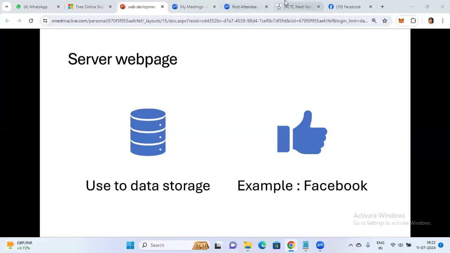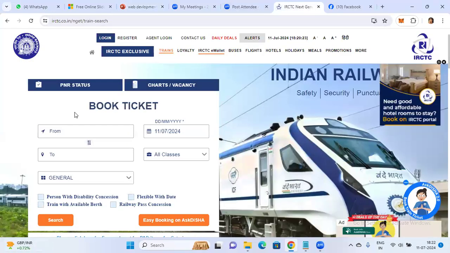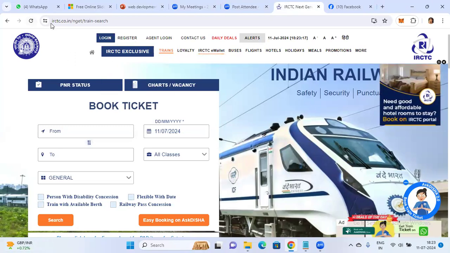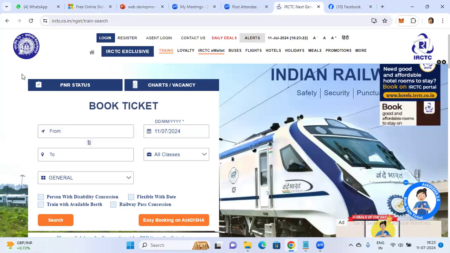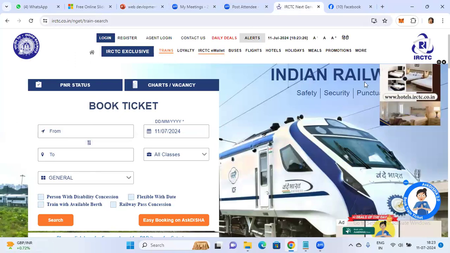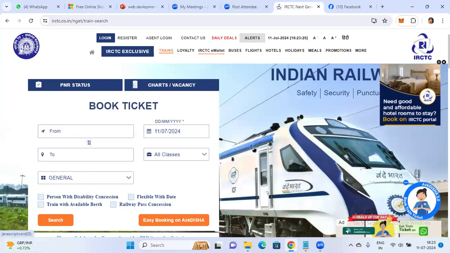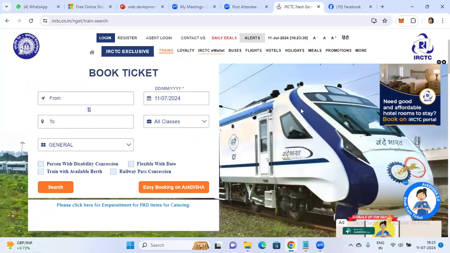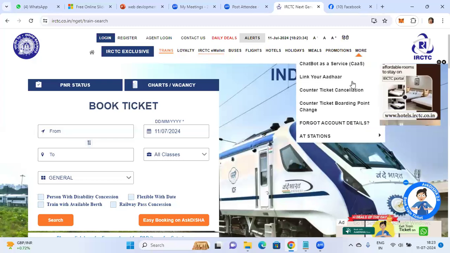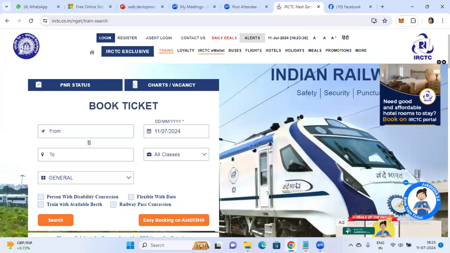And one more example I want to give for static. This website, IRCTC, whenever they launched in 2010 or something like that, from that time the same UI is there, same thing. Nothing has changed. You got my point, right? The picture they have changed in recent days, but the complete website is the same.